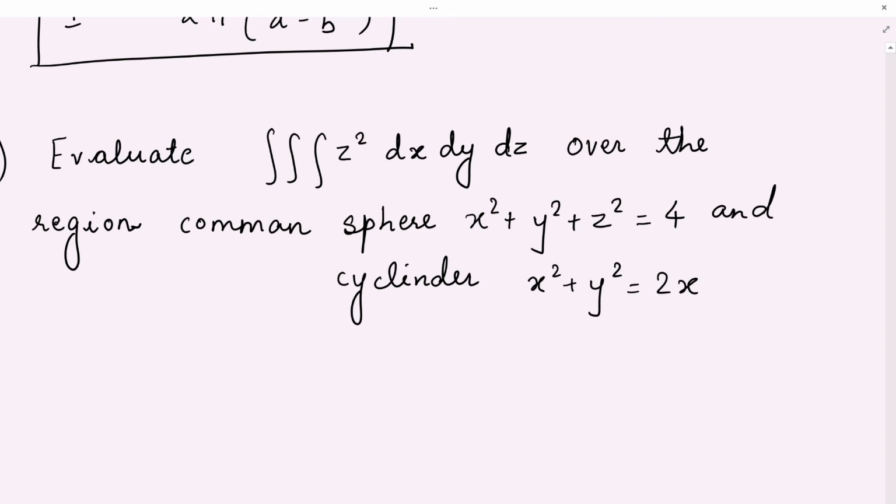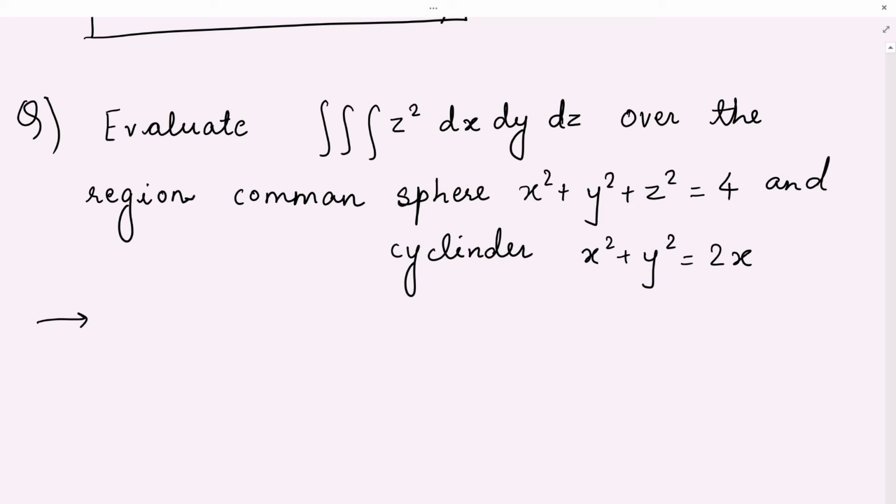And you know that you have to use spherical polar coordinates, right? So first of all, convert everything into spherical polar coordinates. Before converting, my usual logic is this: whenever such an example comes where drawing becomes difficult and you cannot imagine the common region, what will be the lower limit, upper limit and so on, look at what curves you have here: a sphere and a cylinder.